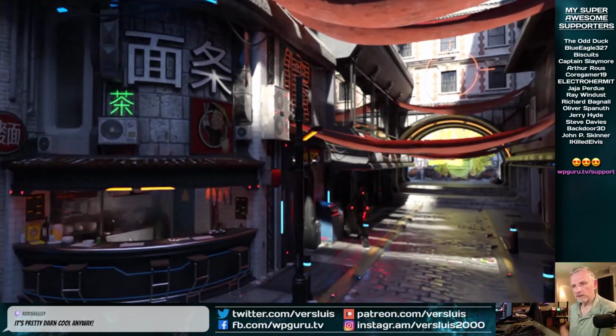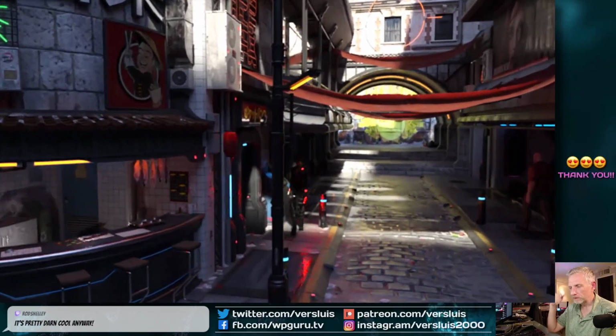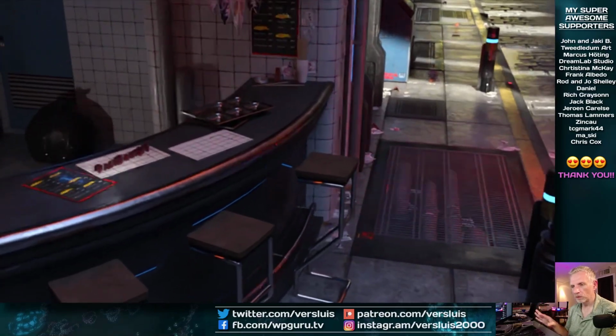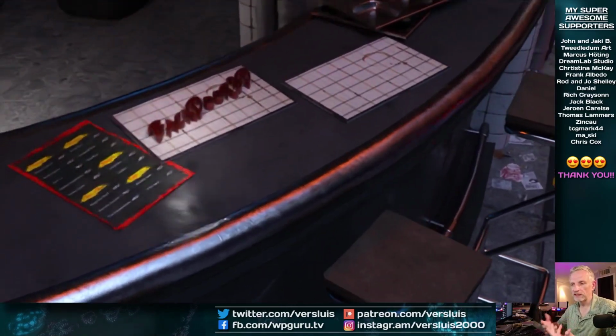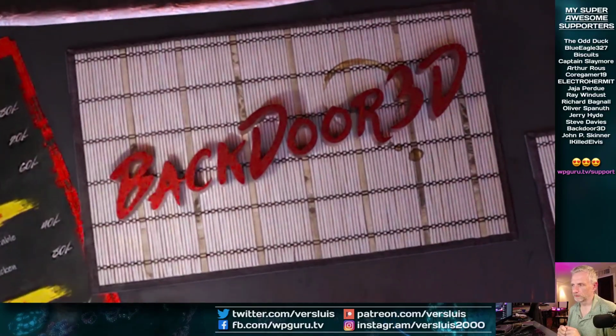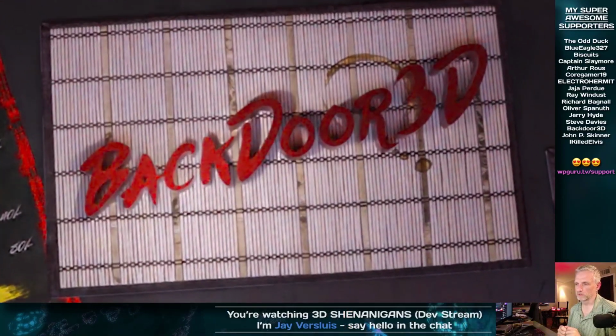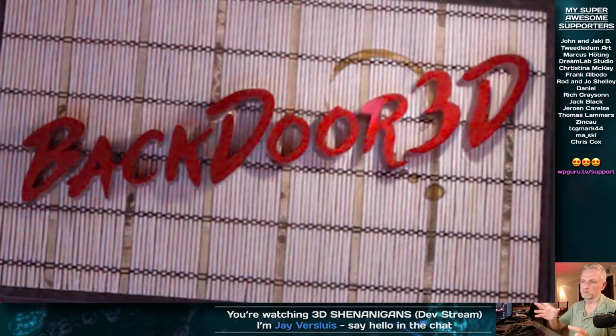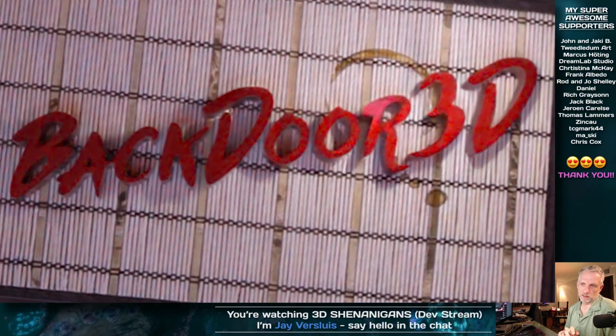And it's funny that we don't actually notice the background action unless we know it's there. We just know something's going on, and it just makes the scene really come alive. So this is what I've done in post-production now, because I couldn't hack it with the camera. So it just goes and zooms in more onto backdoor 3D, and we just move the light. Let me know how you like it. Let's watch this a couple of times.